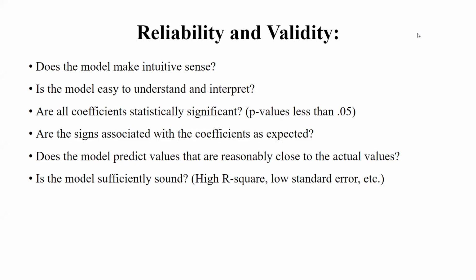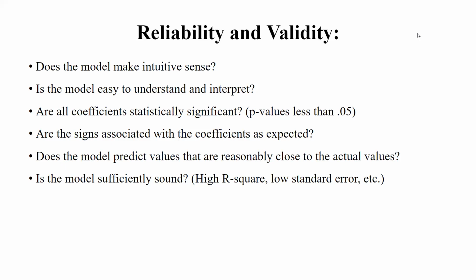Then, does the model predict values that are reasonably close to the actual values? Here we have predicted some values, right? That value should be reasonably close to the actual value. If you say 10,000 units will be the sales for the next quarter, at least your actual sales must be very close to 10,000 units. Your prediction should not be 10,000 units and your sales should not be 5,000 units. At the same time, your sales should not be 15,000 units either. Whatever you predict should be very close to the actual values in real time.